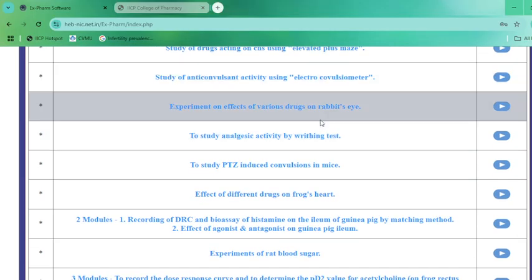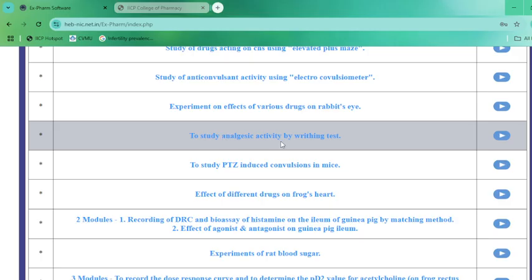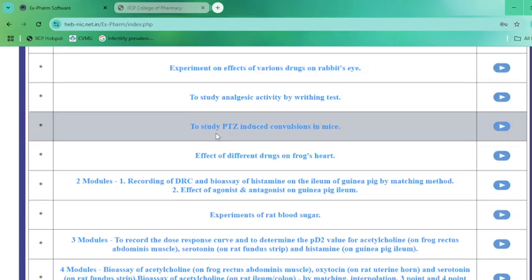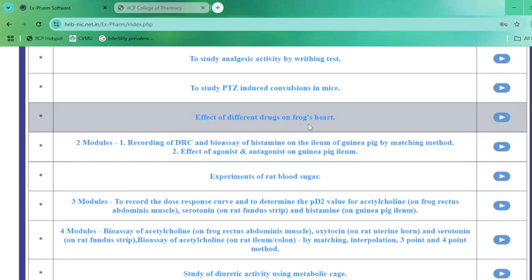Also, we can study the effect of various drugs on the individual isolated organs or on the whole body of the animal. So there are experiments regarding the effects of various drugs on the rabbit eye, to study analgesic activity by writhing test, to study drug-induced convulsions in the mice, effect of different drugs on the frog's heart,